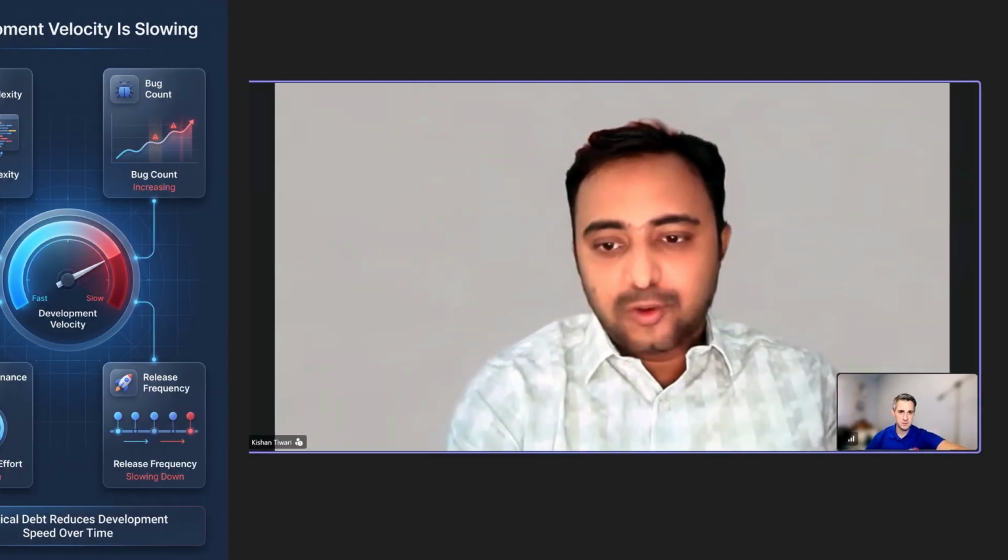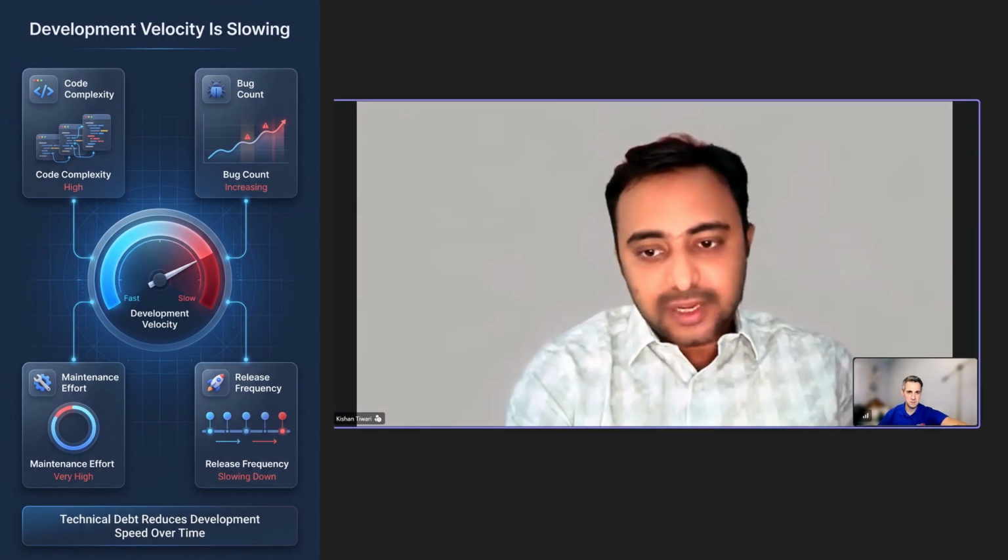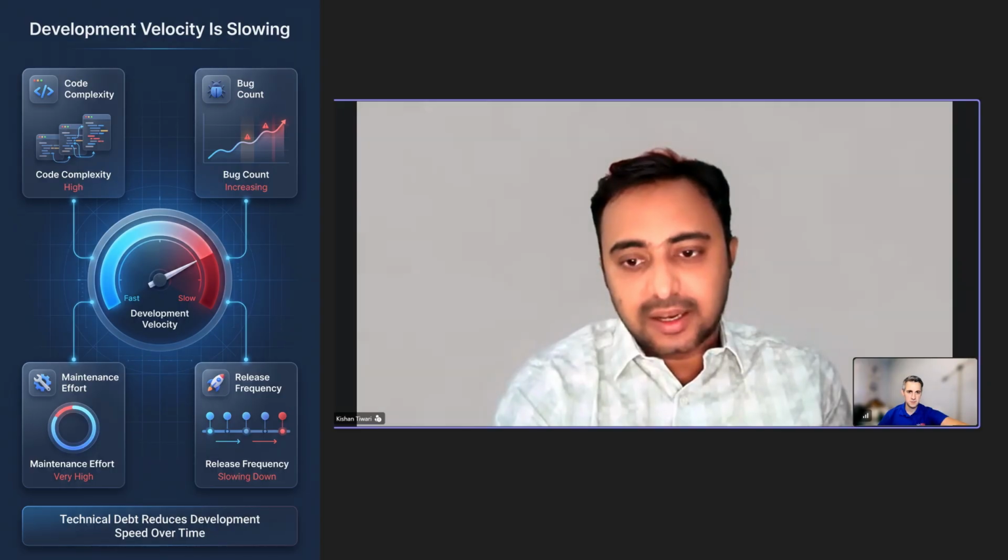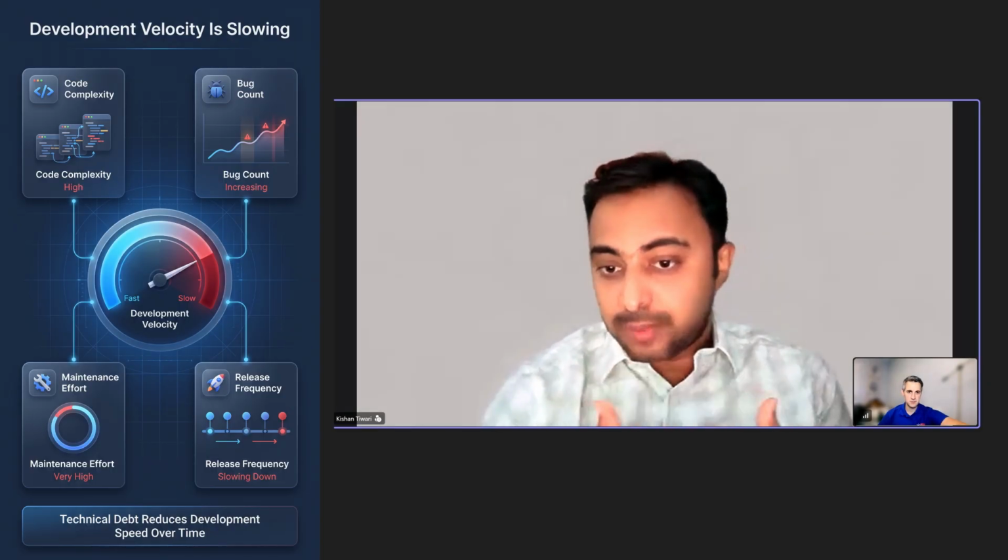It sounds then that almost the development velocity becomes affected by accumulated technical debt. Is that kind of how it is? Yeah, so obviously the velocity will be slow. There is a feature requested by the business, and the engineer goes into the application and tries to understand what the code is and how to make the changes. But he sees lots of disconnect in the mechanism and the architecture, and finds it very difficult to develop that feature.